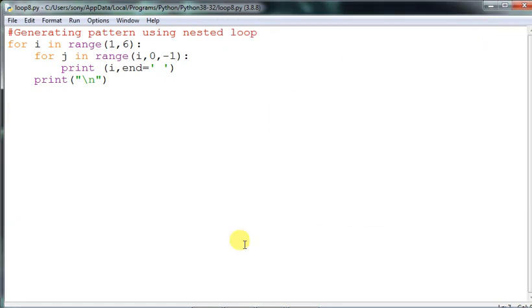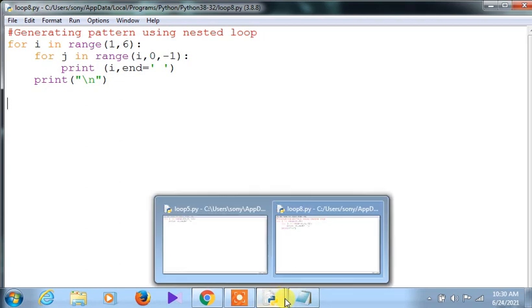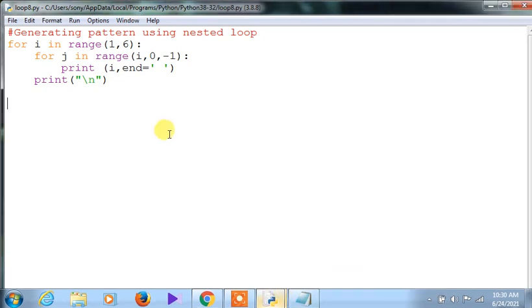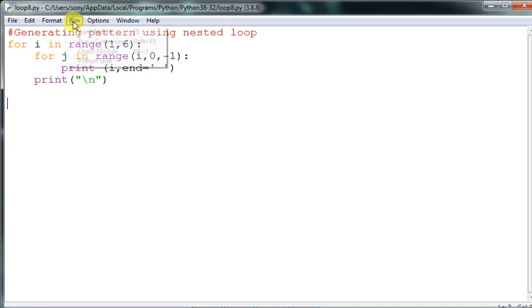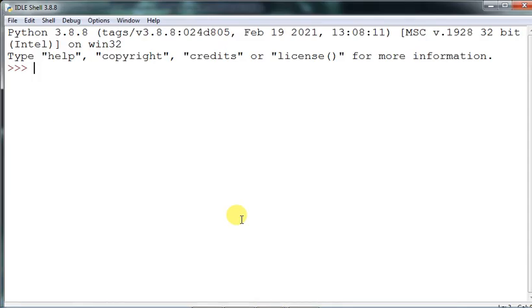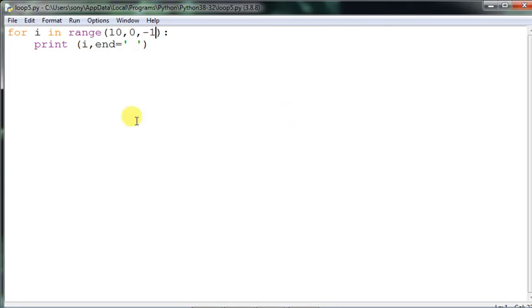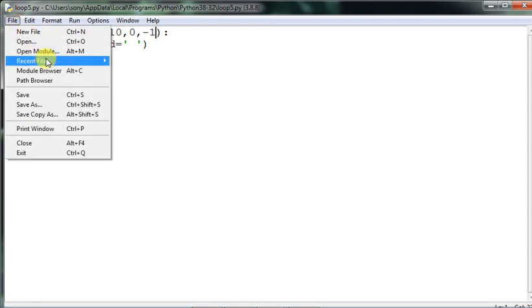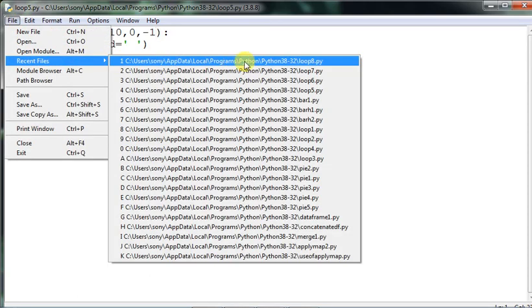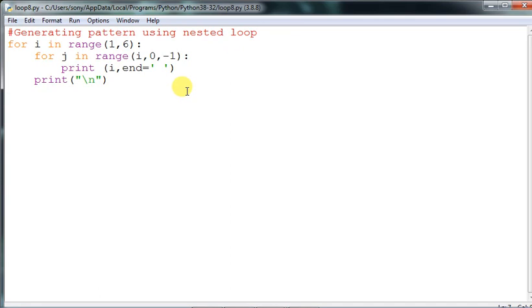Okay, so let us execute the program once and see how it is going to happen. Just a minute. Not this one, sorry, not this one. Just a minute, I'll just execute this one.